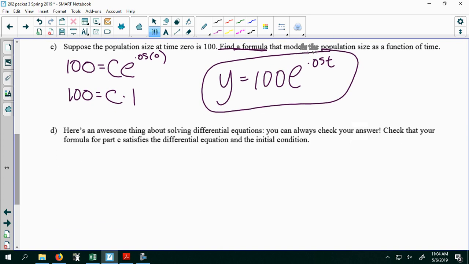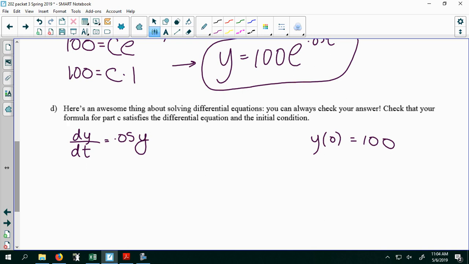Okay, so to reiterate, we already did some checking earlier in the lesson, but this is an awesome thing about differential equations. You can always check your answer by plugging back into the differential equation. So we want to check that our formula from part C satisfies the differential equation and the initial condition. So the differential equation was dy dt equals 0.05 y. And the initial condition was y of 0 equals 100. So the initial condition is easier to check. So let's see. Y of 0